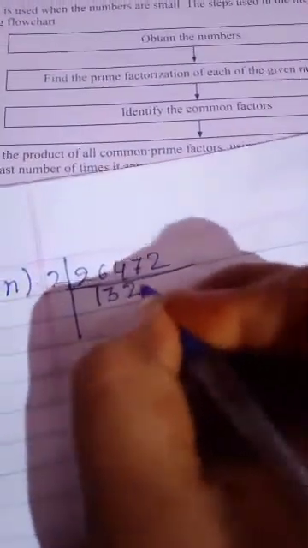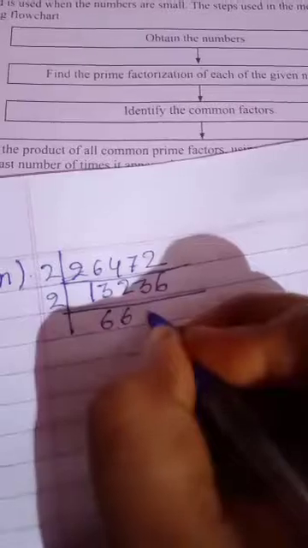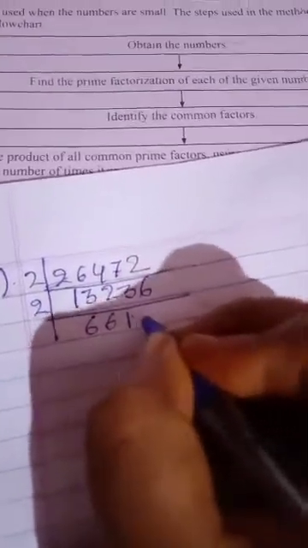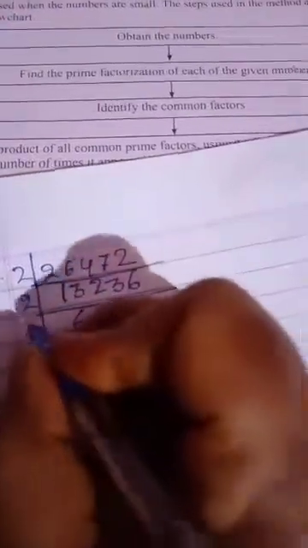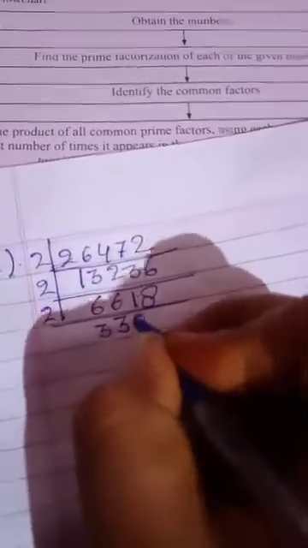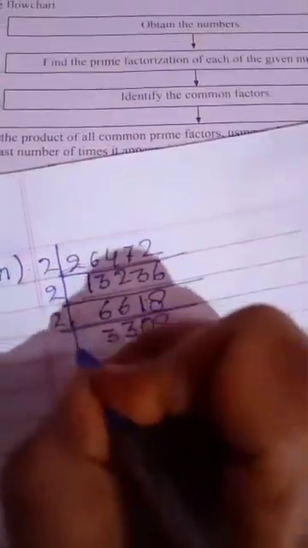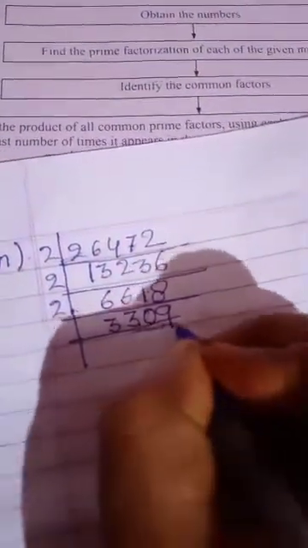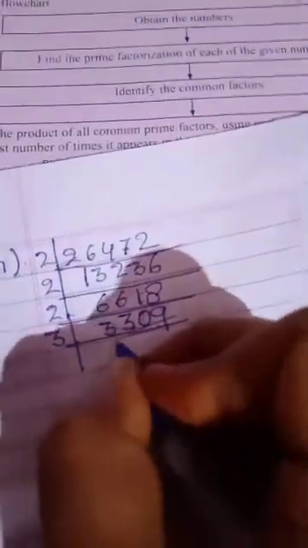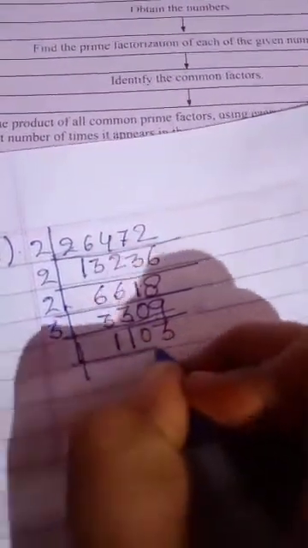See now. 2 1s are 2, 2 3s are 6, 2 2s are 4, 2 3s are 6, or 2 6s are 12. Then by 2, 2 6s are 12. Again by 2, 6s are 12. Okay, 2 1s are 2, or 2 8s are 16. Then by 2, 2 3s are 6, 2 3s are 6. In one division it will not be possible, so 0 comes, or 2 9s are 18. And then by the next number we can take 3. Now further division by 2 is not possible, so take 3. 3 1s are 3, 0, or 3 3s are 9. Okay, now see by what can be the next number.